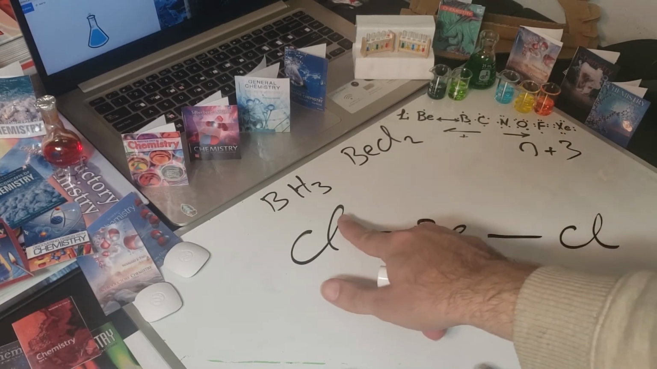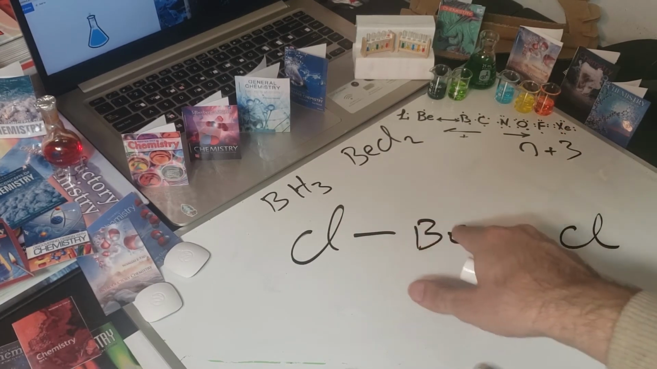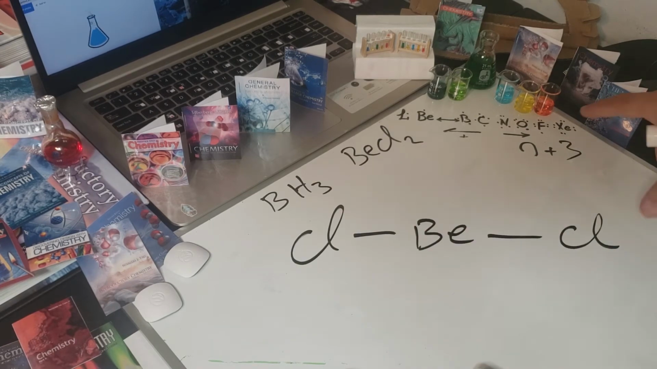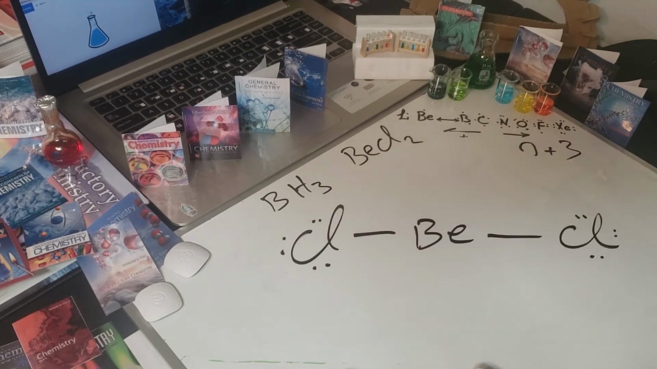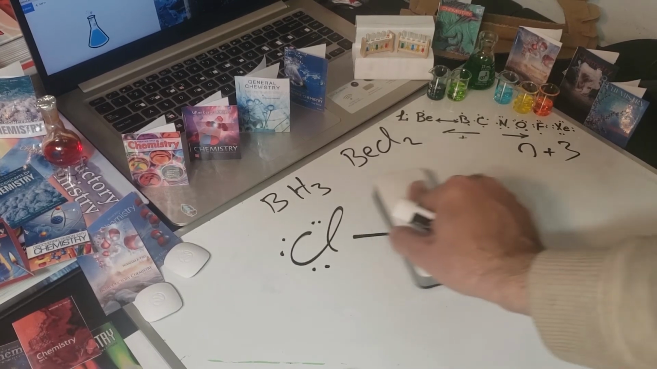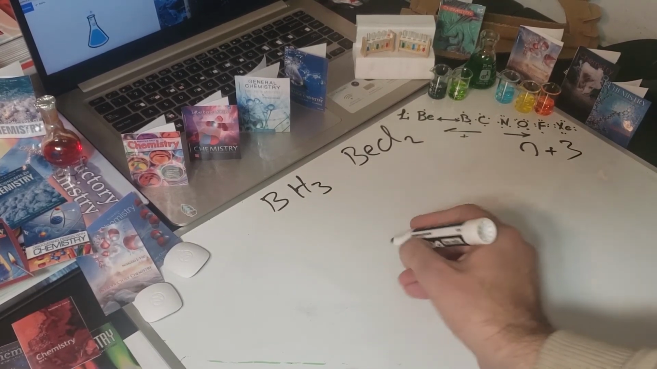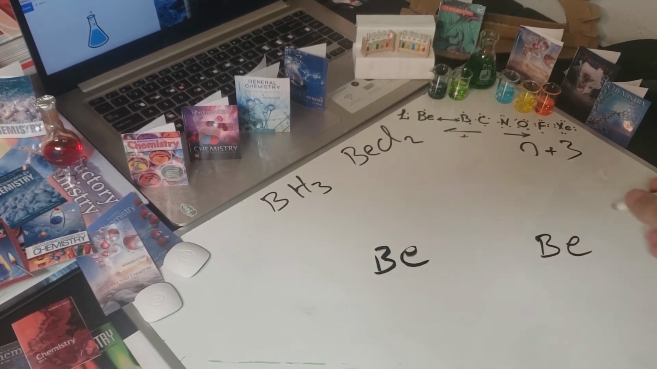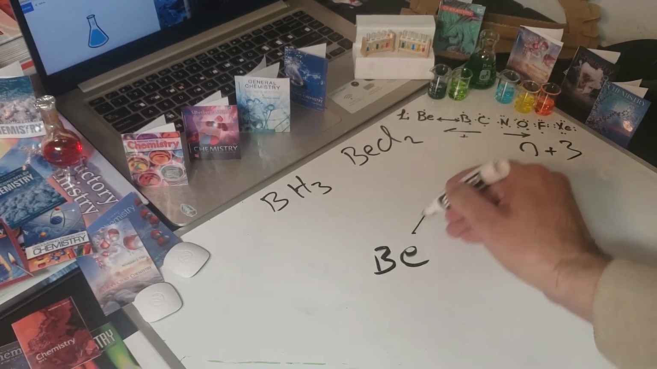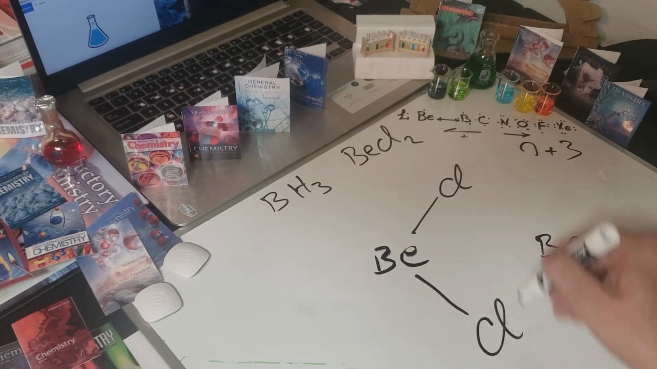On the beryllium, you have 2 single unpaired electrons that react with the 1 single unpaired electron on each chlorine. And that's going to give you this structure, linear. But BeCl2 in reality is not stable. It's going to polymerize. So you would have 2 of those chlorines, just like I showed you for the structure of